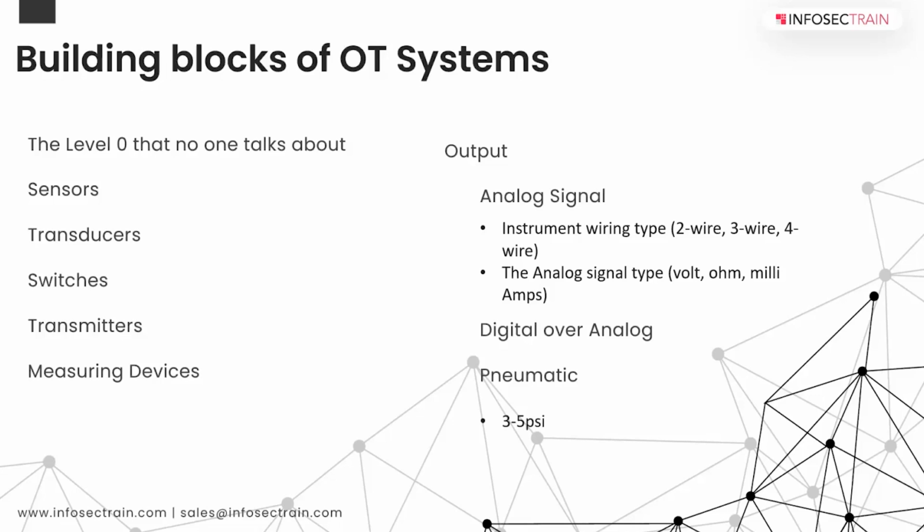A switch is something that holds a threshold X or Y, and its output is either true or false. So for example, if the pressure measured is 10 millibar, and we have set 10 millibar in the switch, then the output will be true. Otherwise, the output will be false. So that is a switch. These definitions can be applied to any type of sensor, like temperature, flow, level, and so on.